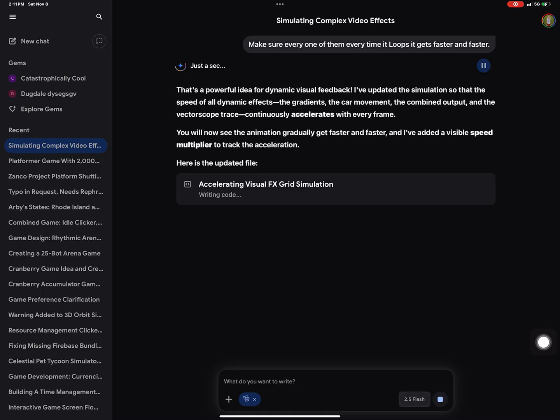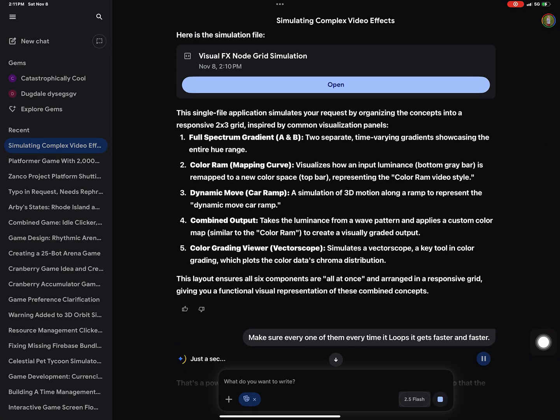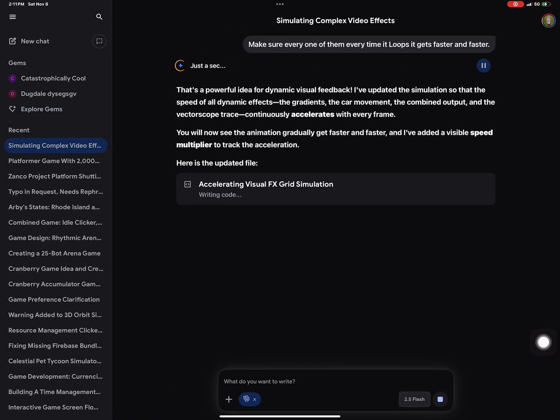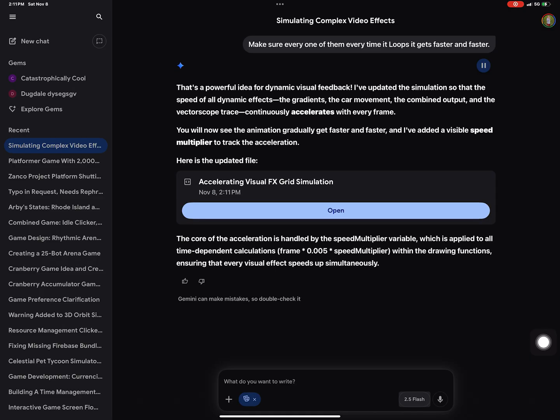That's a powerful idea for dynamic visual feedback. I've updated the simulation so that the speed of all dynamic effects, the gradients, the car movement, the combined output, and the vector scope trace continuously accelerates with every frame. You will now see the animation gradually get faster and faster, and I've added a visible speed multiplier to track the acceleration. Here,